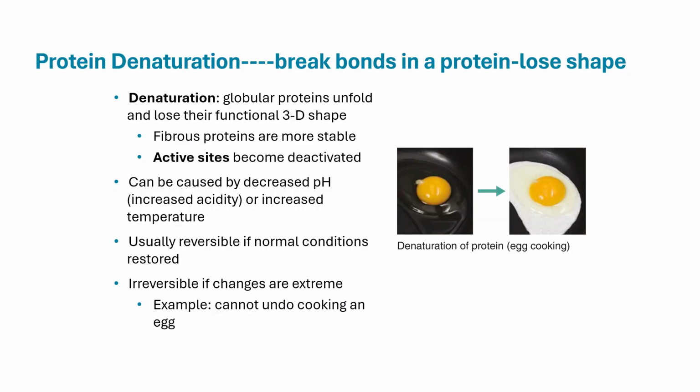such as this example here. When you take an egg and you put it in the pan, all the white of the egg is very thin and runny and it's clear. Well, when you add heat, the egg will start to form more structure. It will get more white. It changes its color. It becomes a little bit harder, and you cannot undo that by just going the reverse direction.